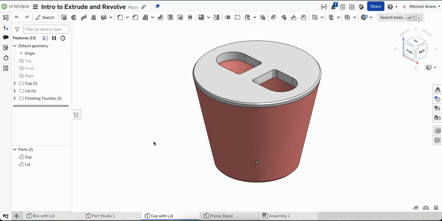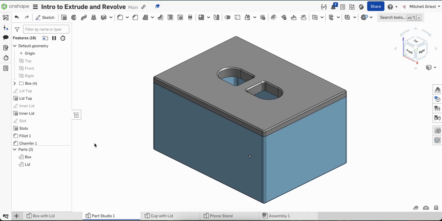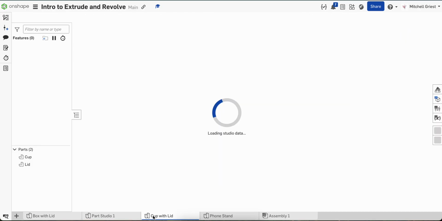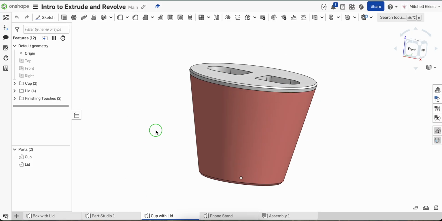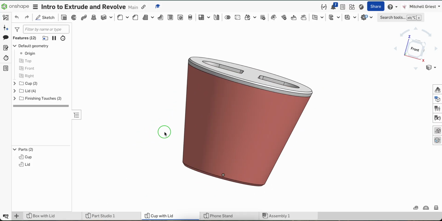Part 2 of the extrude and revolve tutorial for OnShape. In our previous video we covered creating this box with a lid using the extrude tool, where we were just pulling two-dimensional shapes directly into 3 dimensions. Now that works great for boxy parts, but if you've got a part like this one where it has radial